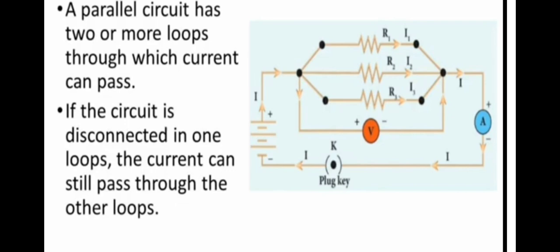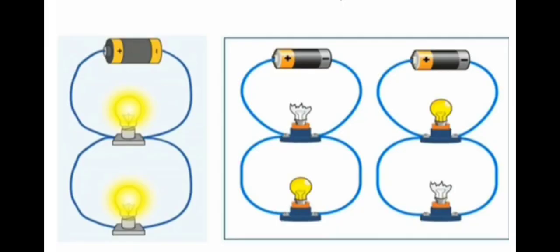So if one loop is disconnected, if the wire is disconnected, then the other two ways are there for the current to pass through. So if one resistor does not work, then the other two resistors will work. Why? Because there is more than one connection. So in parallel circuits, if one resistor fails,